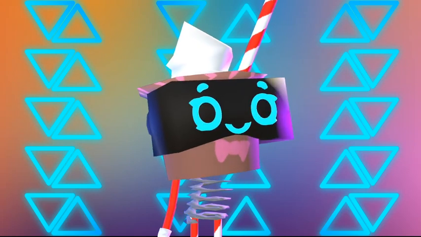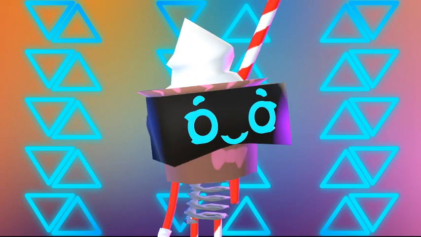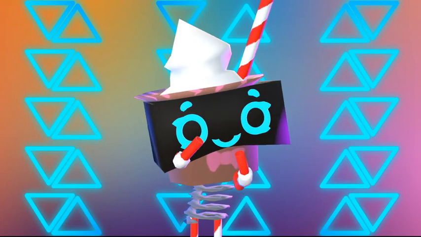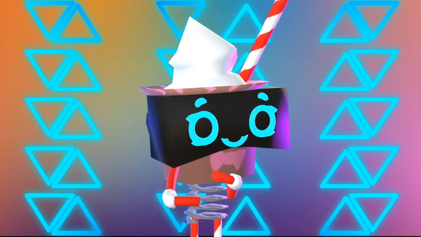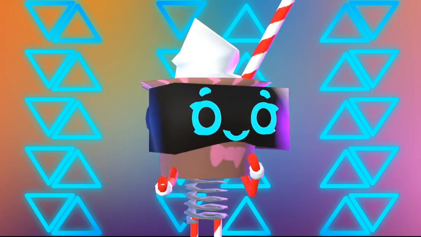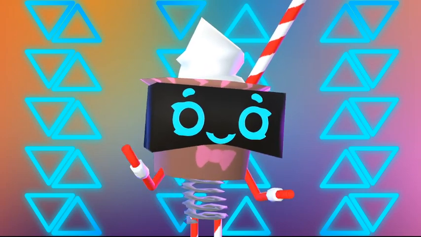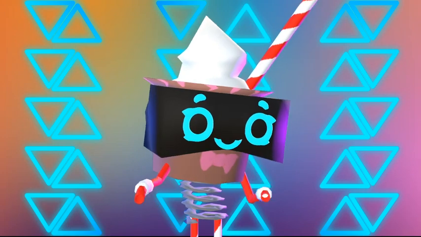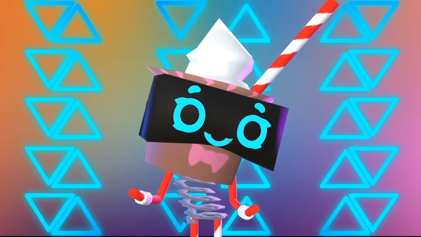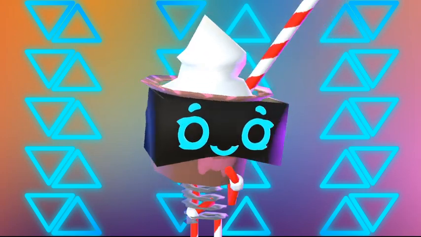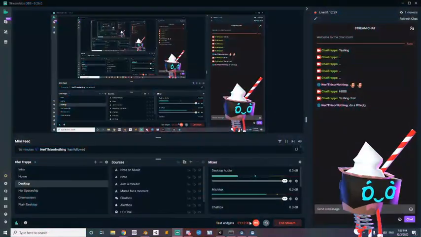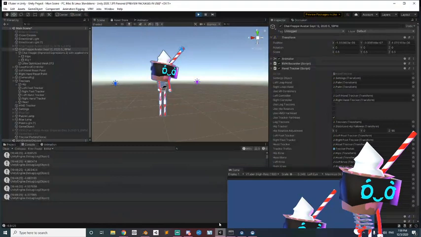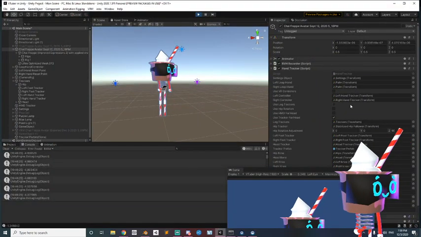Actually, in that case, I wouldn't really need the Leap Motion since my hands don't have fingers. So then there wouldn't really be a point in having Leap Motion. So I could just use Vive trackers. In fact, I could do that right now. Since I'm not using full body tracking right now, I could just